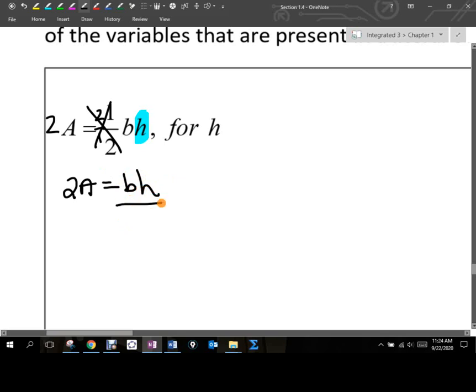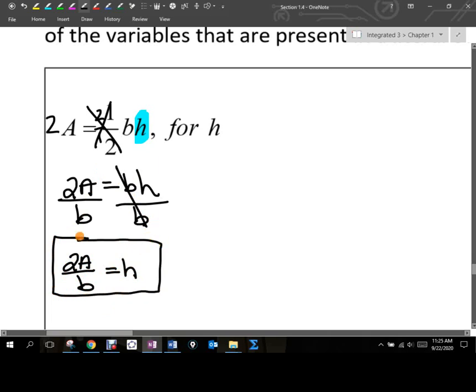Multiplication, and I undo that through division. Those are going to cancel. B over b is just 1, right? So I get 2a over b is equal to h. And that's my solution. Okay. Now, what we can do is we can actually create